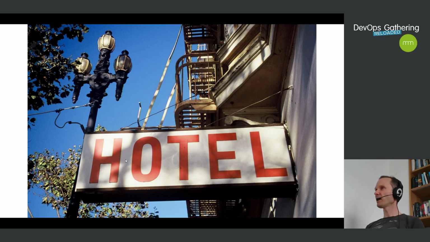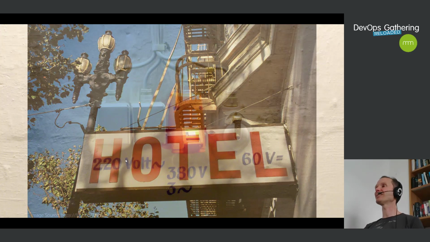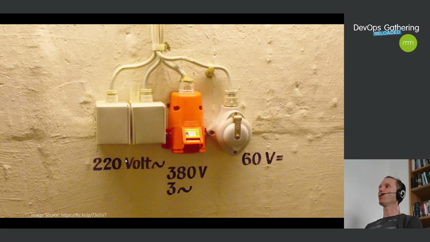And to be honest, as a developer, I would like to not even have to think about how many servers I need. I would like to forget servers at all. If I need a database, I just want to have a database. And it should be the problem of the cloud provider to provide the right number of servers, the right amount of memory, the correct amount of disk I/O, and things like that. And this is exactly where serverless comes into play.